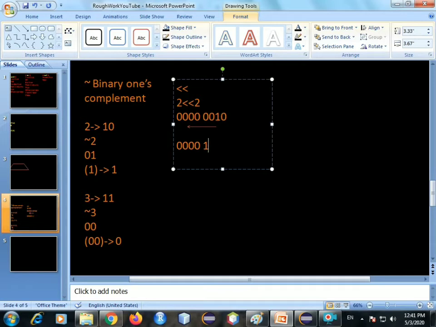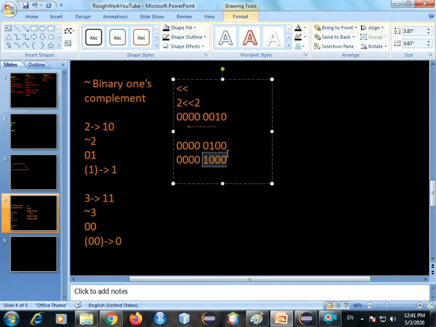Let me show you step by step. We have 0 0 0 0 0 0 1 0, and for the first left shift I get 0 1 0 0, and the second time I get 1 0 0 0. So you see how it shifted towards the left twice.